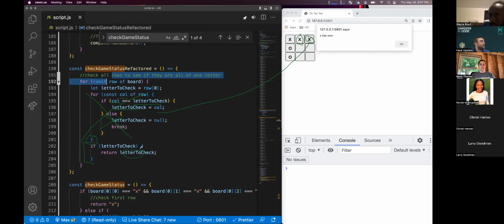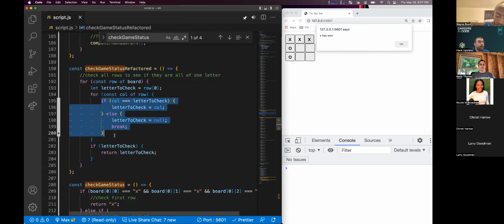Yes, are we going to have to do that multiple times for each row? We're going to get to that in a second. So I'm going to clear this out and I'm going to go through this again if there isn't a winner. Because we've got this if statement here, and we need to check not only to see if someone has won, but we also need to move on.